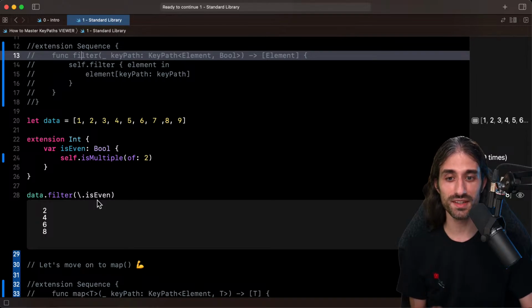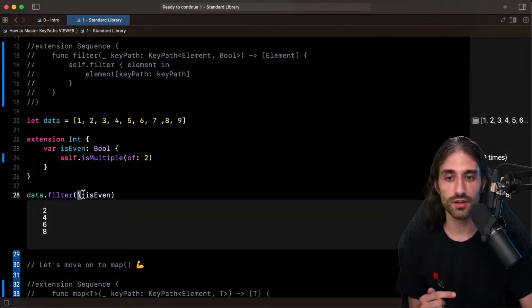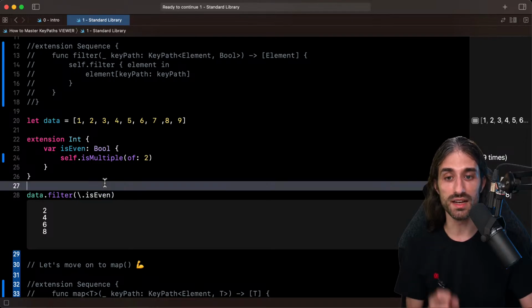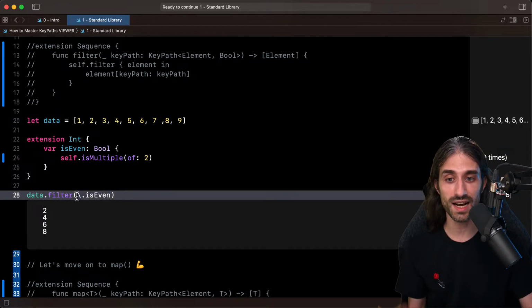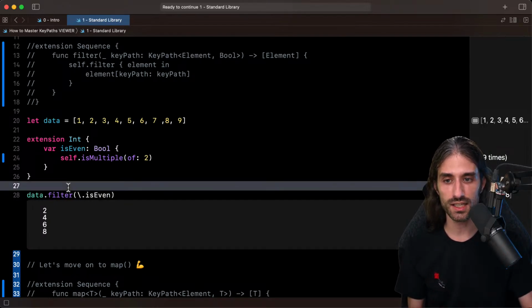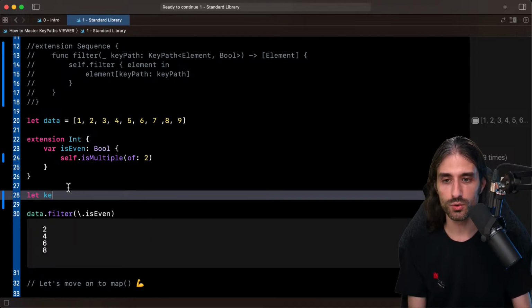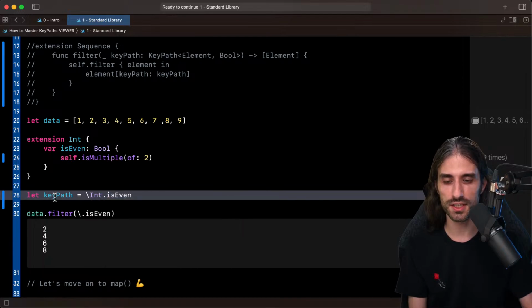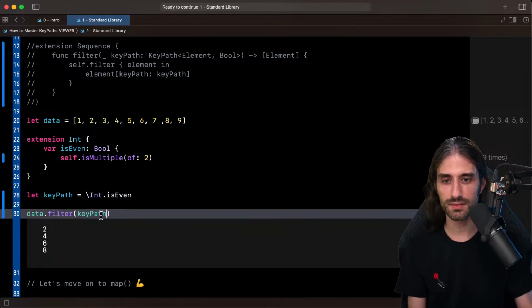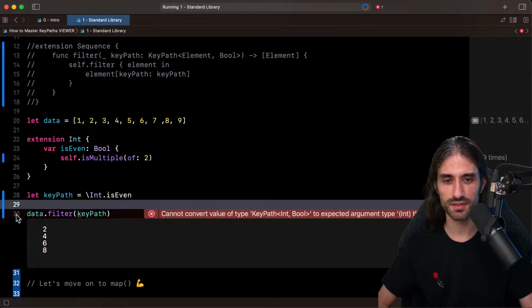But as with everything, there is a catch. When I said that Swift is able to automatically turn a literal key path into a getter function, the important word was literal. So if you pass in a literal key path that you create on the spot inline through the backslash syntax, it works. But now let's say that you store the key path into a variable. So like this. I'm getting my key path to the isEven property of an Int, and I pass it. Now let's see what happens.